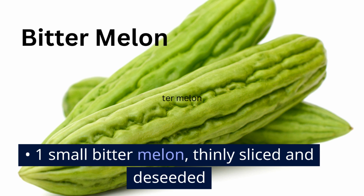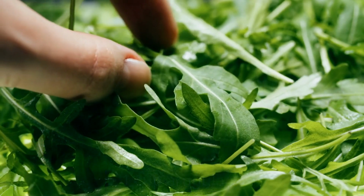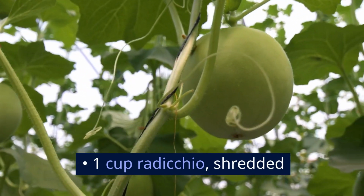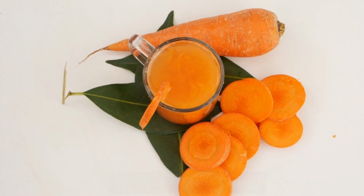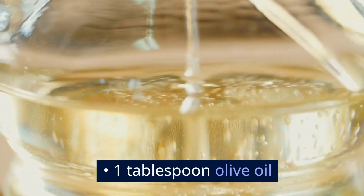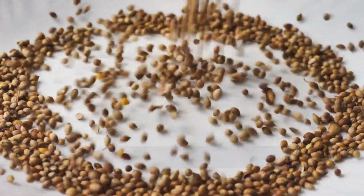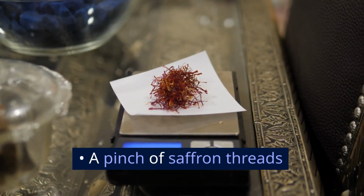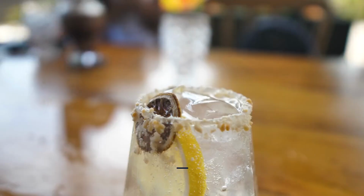So you take one small bitter melon, thinly sliced and de-seeded, one cup of arugula, one cup of radicchio shredded, one carrot julienned, one tablespoon of olive oil, one teaspoon of ground coriander, one teaspoon of ground fennel, a pinch of saffron threads, salt and pepper to taste,